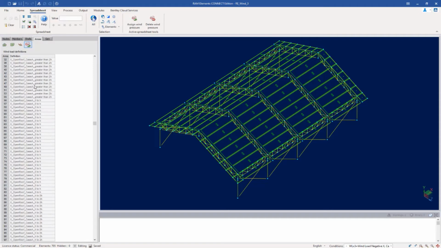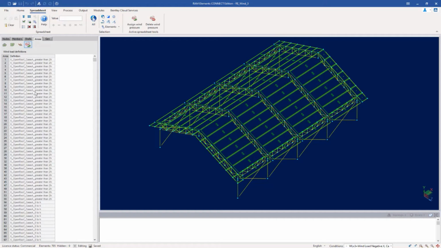This is a great place to go just to double check your work and make sure the appropriate wind definition was assigned for whichever case you're taking a look at. Now, as a reminder, only one wind load definition can be assigned to either a load area or a member for each load case. In addition to that, it's also important to remember that if anything within your wind definition changes after it's assigned, you do need to go ahead and reassign it to make sure those changes are incorporated